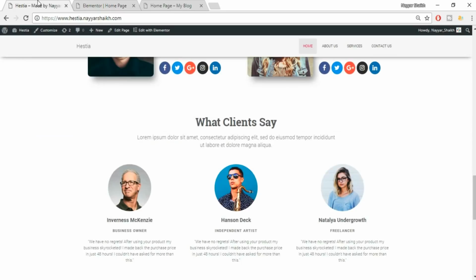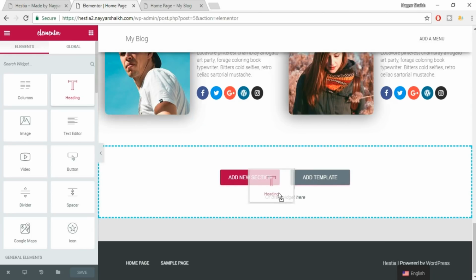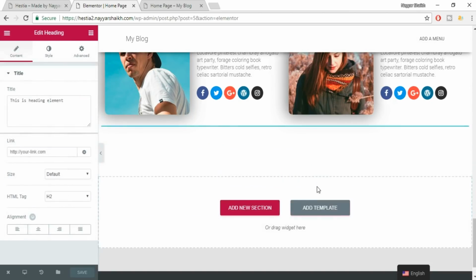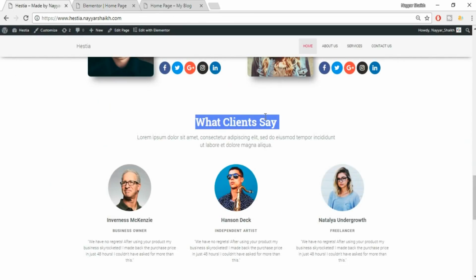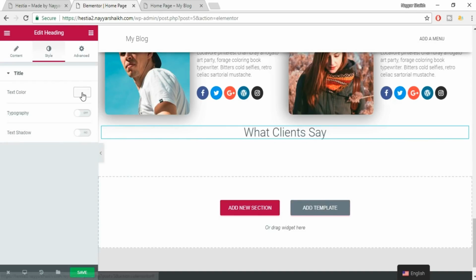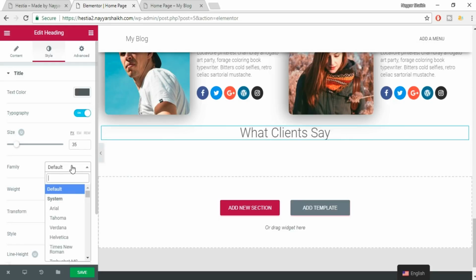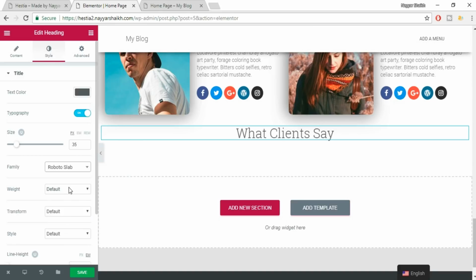So first, like always, we have a text, a title, then subtitle. So let's add a title. Bring this heading under add new section because we want to add new sections from here. Now the heading says what clients say. Okay, now from here, just type in what clients say. Center align, go to style, change the color to dark gray color. Typography, like always, size 35 pixels, font family, Roboto slab because it is a title, weight 600, everything looks